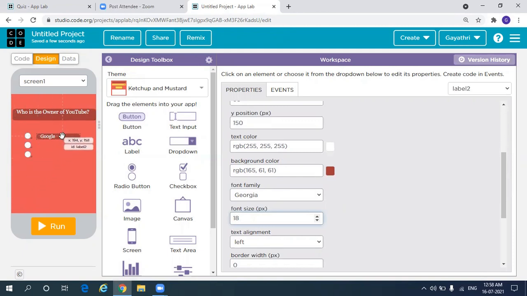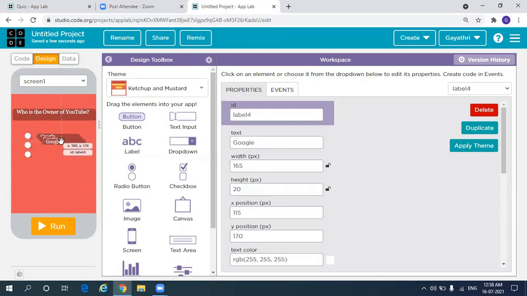So just Control C, select that, copy and paste it. Yeah, click on that and you can see the text here. We'll change the text to Microsoft. And then for the third one, click on this and change the text here to Amazon. Okay, we have our choices here.